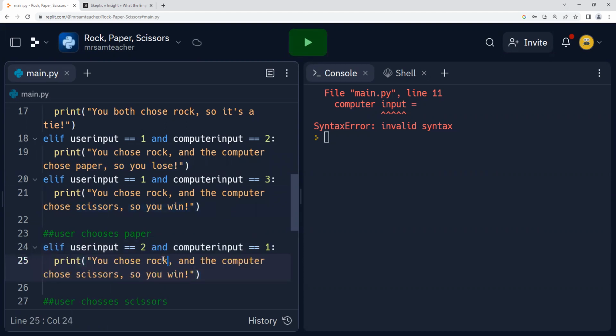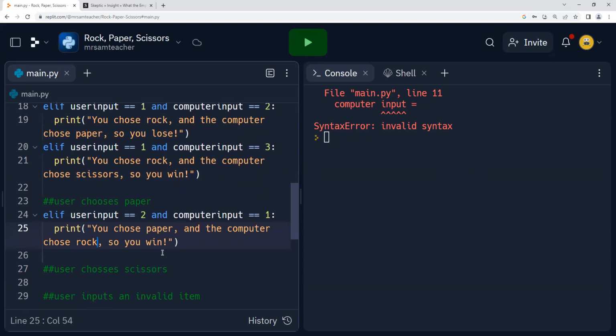So you didn't choose rock, you chose paper, and the computer didn't choose scissors, they chose rock. But make sure you go one at a time, because if you do it all at once, you're going to be very confused because you're going to have to change so many different things individually. So it's best to go line by line until you're a little bit more proficient with Python coding. So you chose paper, computer chose rock, and then you write that statement down there and you win.